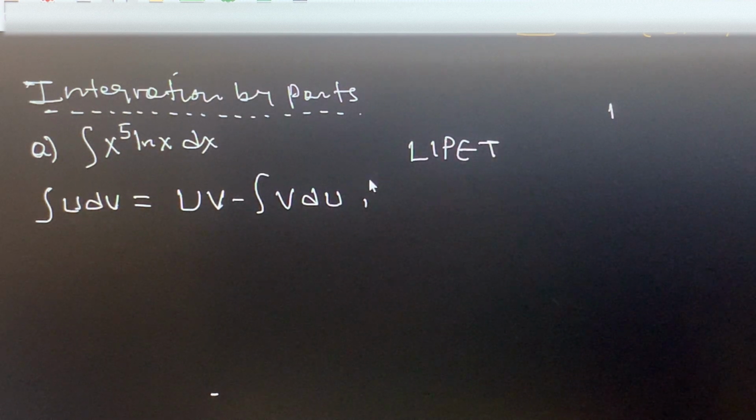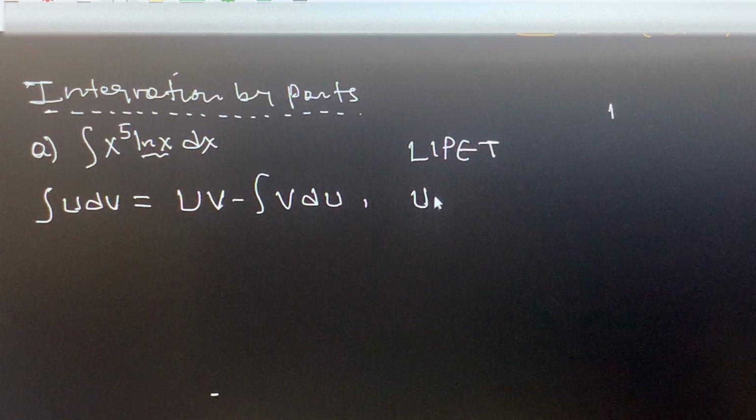So if that is the case, when I look at my integration, x to the power of 5 ln x dx, the ln x is going to be my u, because that's the logarithm, which is the first one. So what I'm going to do is this: let u is equal to